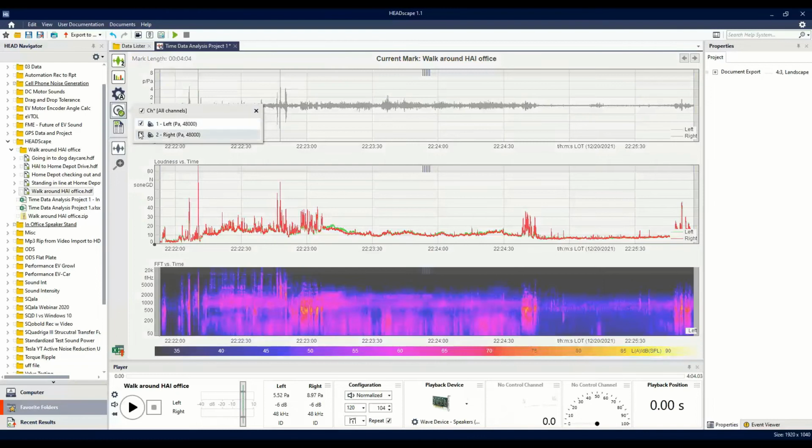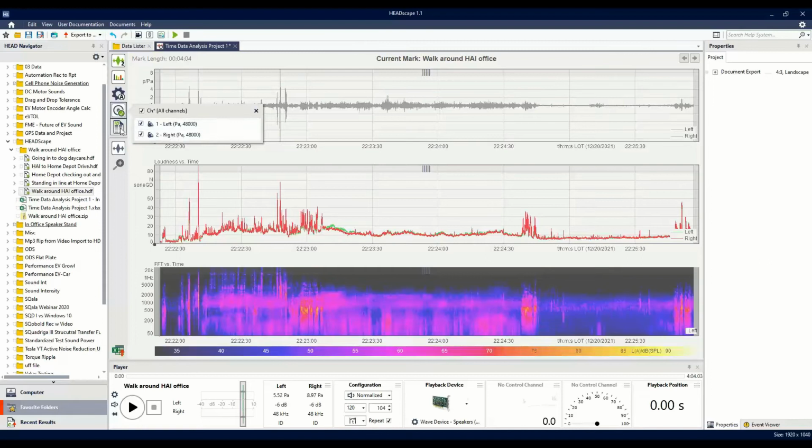We can select what channels we're looking at. If you just want to look at one channel versus two, as Dr. Genowit already alluded to, binaural recordings are imperative for this analysis and this data acquisition. So the more channels, the better. But if you're merging a few different recordings together and you need more time, then by all means, grab what